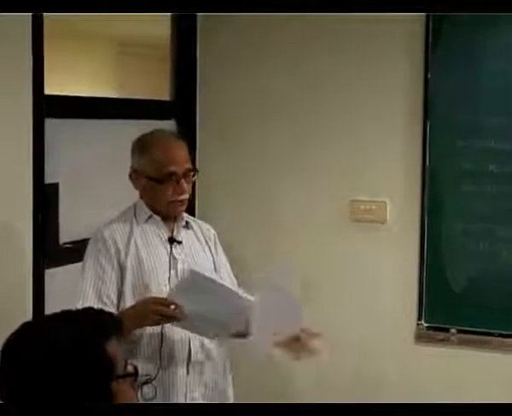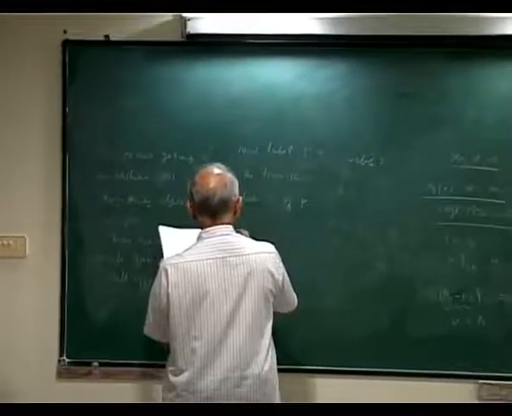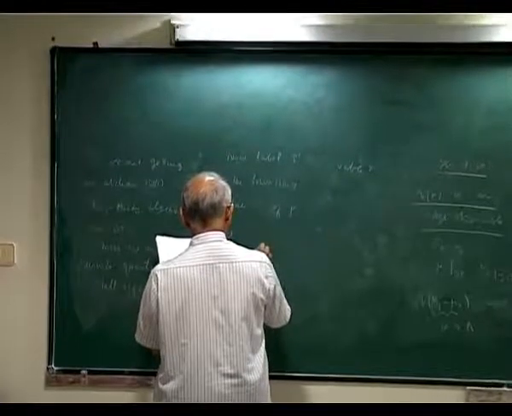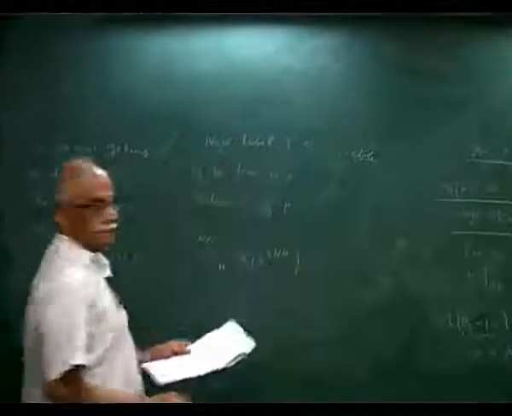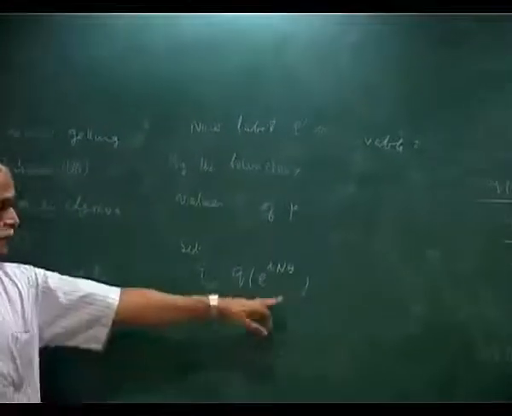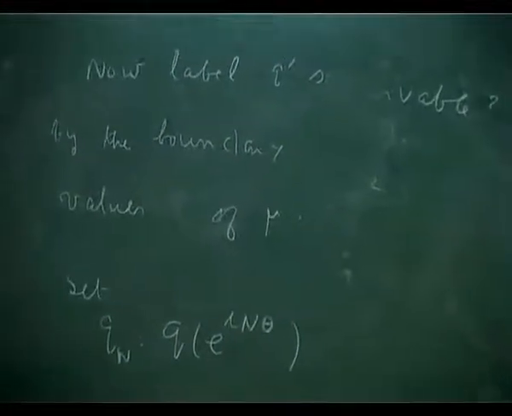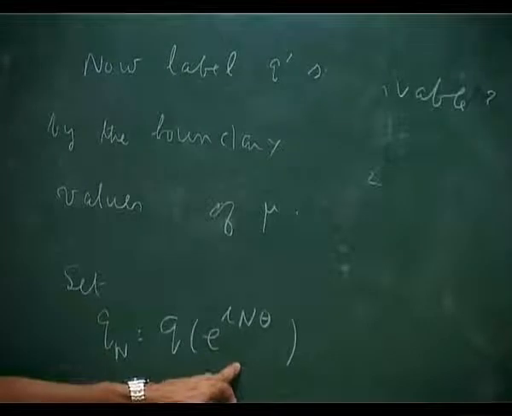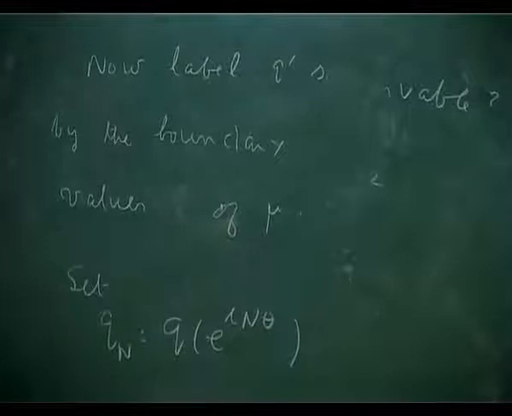So let me write the following. Then you set Q_n as Q for the test function exponential i n theta. The way you extend this in the bulk is immaterial, you do what you like, because there are no quantum states by the constraint. So I can label the modes purely by the boundary values, and since I have chosen a boundary which looks like a circle, diffeomorphic to a circle, I can use the Fourier modes.